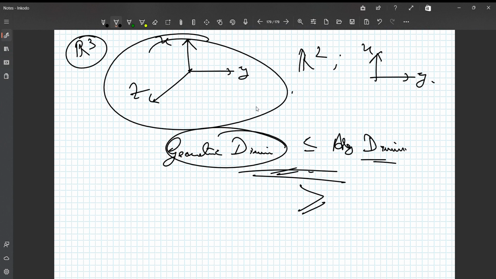But can we say the reverse inequality? That is, the algebraic dimension must also be less than or equal to the geometric dimension. What I actually want to say is that the geometric dimension must equal the algebraic dimension of an inner product space. And this is indeed true, and that's a conclusion which we can draw from what we call the Gram-Schmidt orthogonalization process,